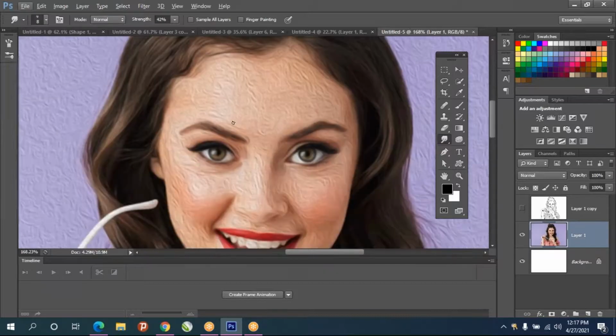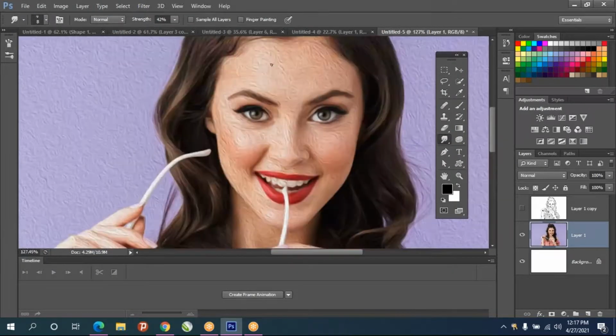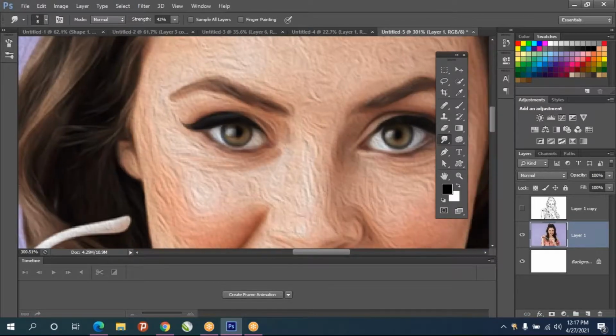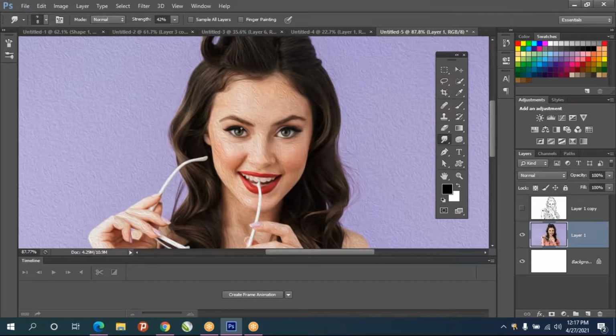So automatically it will give a paint effect to the object. But if you see the eyes, it won't be that good. Including inside the eye, it will affect.